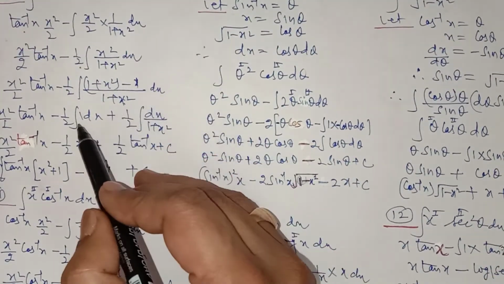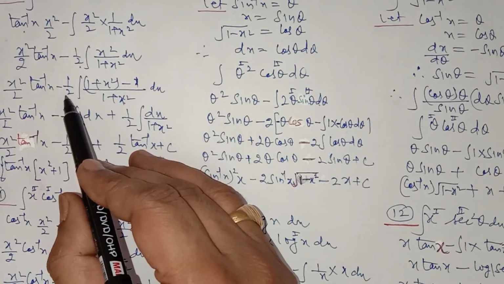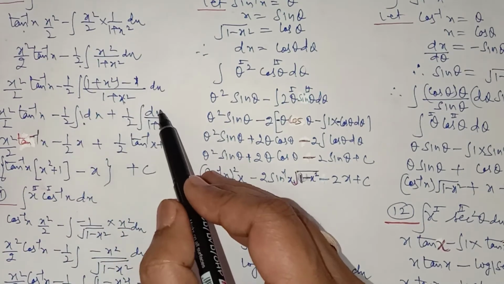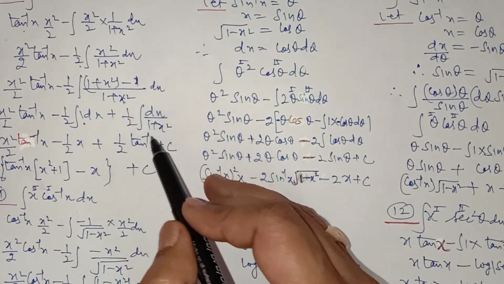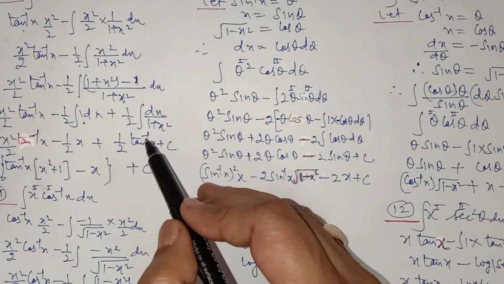This upon this will be equal to 1, and this upon this is 1 upon 1 plus x square, taking care of this minus half. So minus half into this, minus half into 1 will be plus half dx upon 1 plus x square. It is an integration of tan inverse x. 1 upon 1 plus x square integral is tan inverse x,